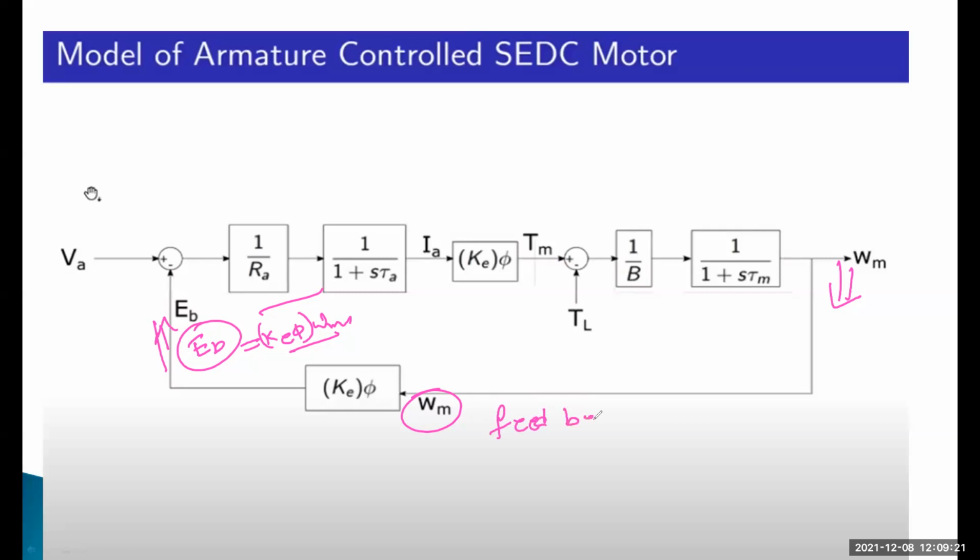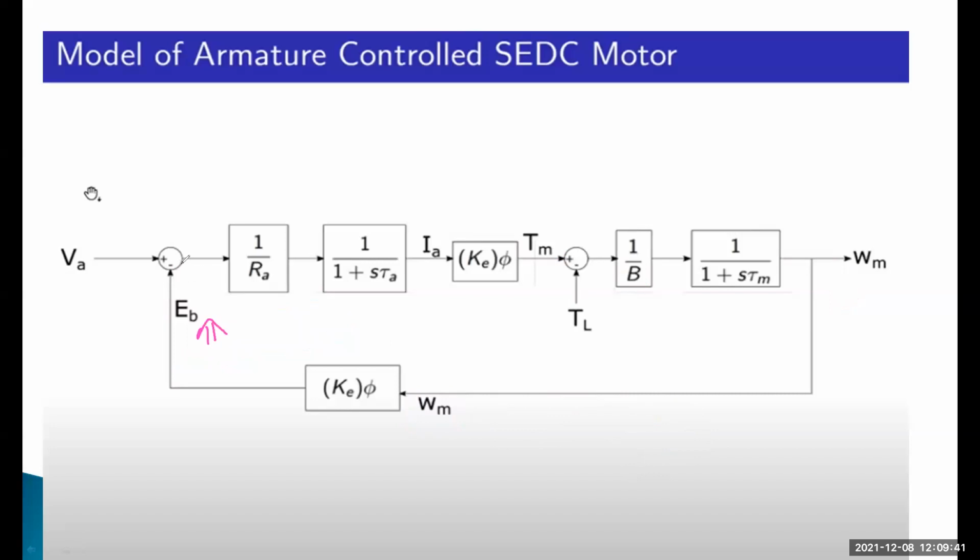Feedback is nothing but back EMF, Eb. So this is the armature controlled separately excited DC motor, which is a feedback control design.